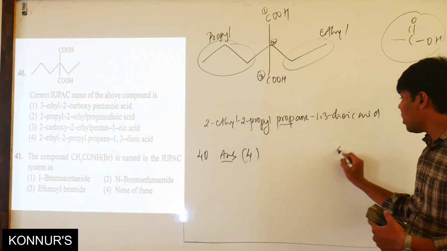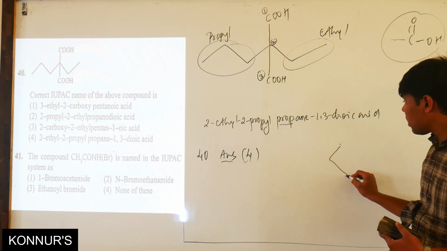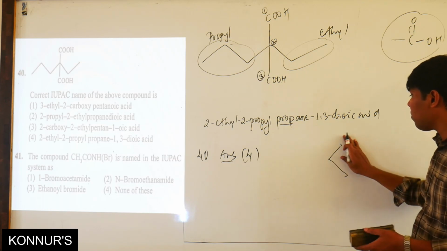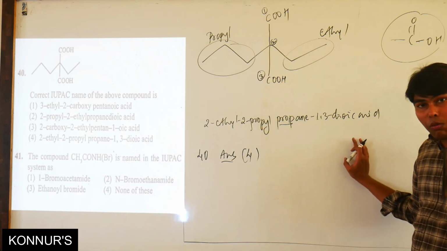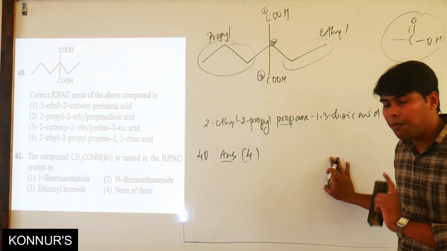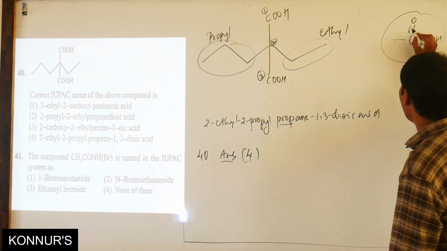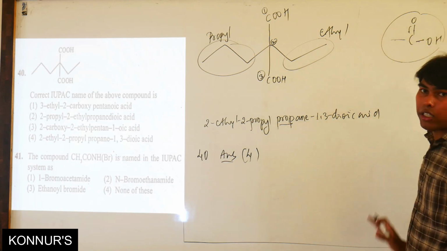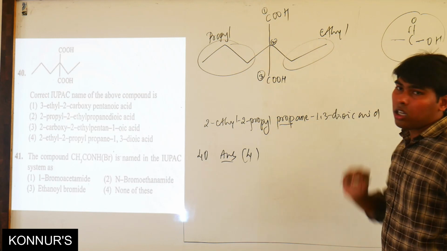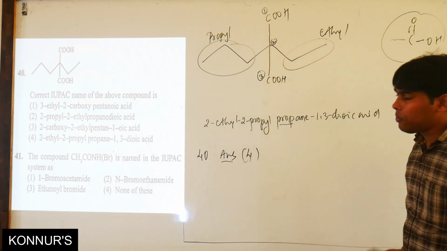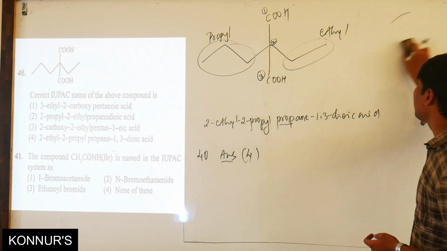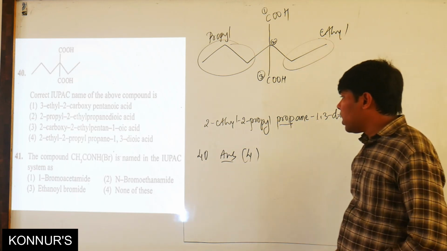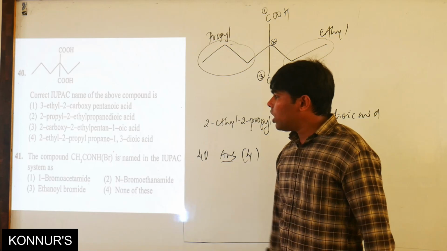These become terminals because the first carbon and the third carbon will lie as terminals. So remember, the carboxylic acid functional group is always present at the terminal, because already 3 valencies are satisfied in the functional group. It will run along only one side. So the chain runs along only one side if the carboxylic acid functional group is present. Okay, so that is the case. Let us move on to the next example.